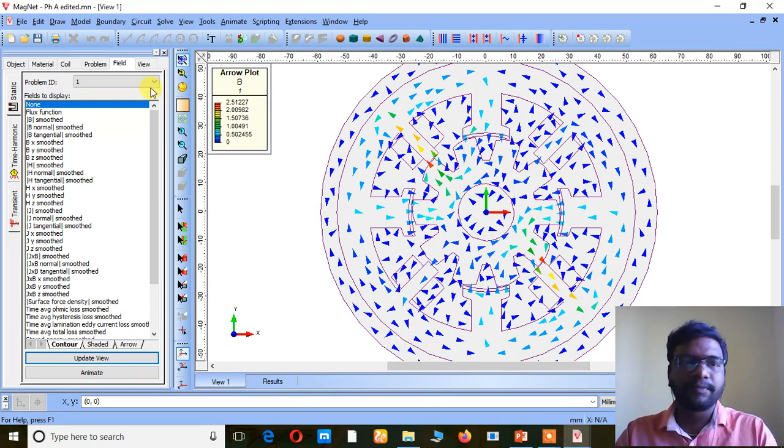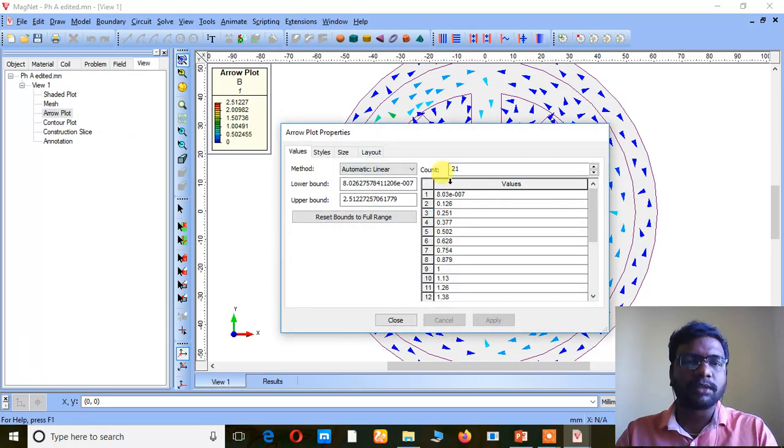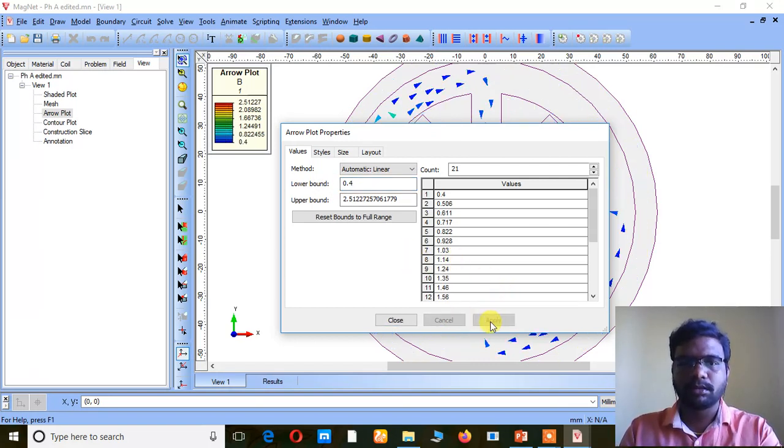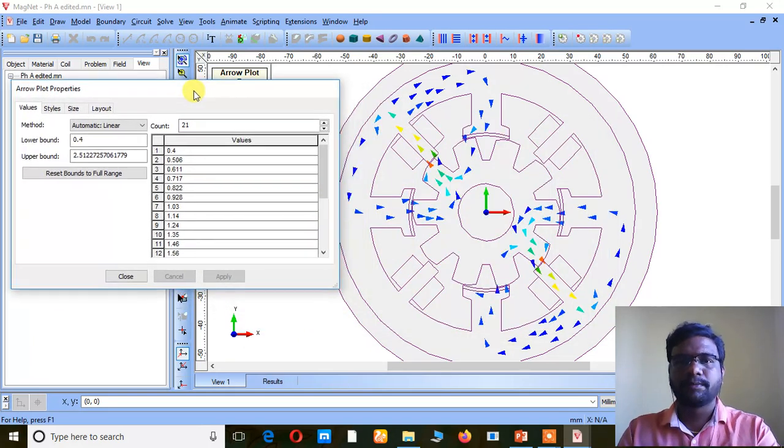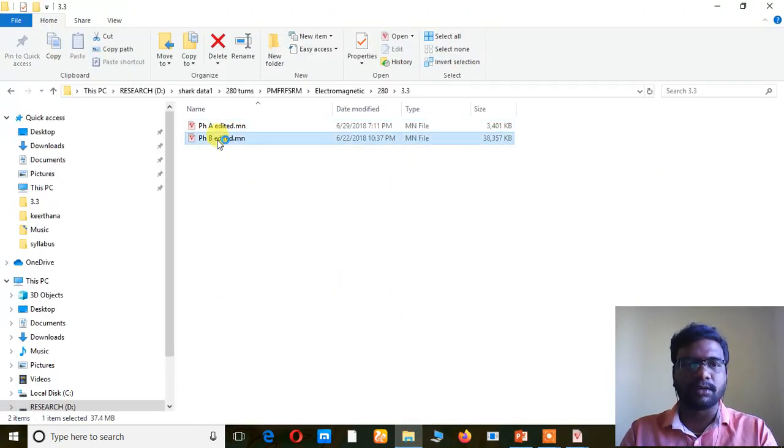Now for a much deeper understanding, see, this is the value here. When this phase is excited, there will be no flux in this region. Now we show another one.